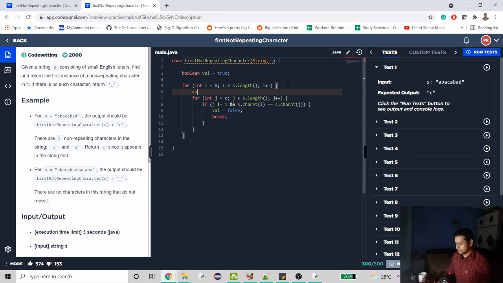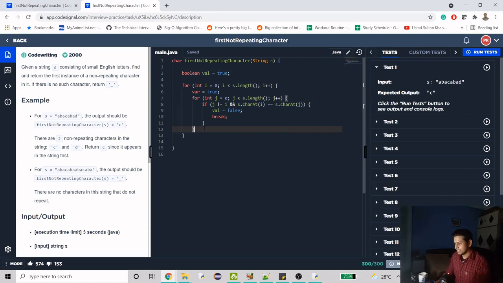We have to initialize this to true on each iteration. So here we have written the step where the fail-safe condition breaks out. But what if in this for loop it doesn't find another occurrence, it doesn't meet this condition? That means that is the first non-repeating character.